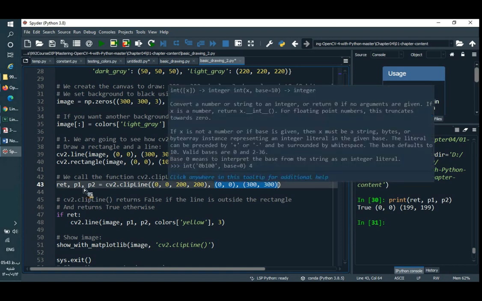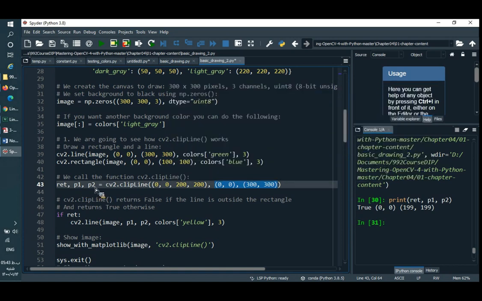If it is so, then the red will be true, and P1 and P2 show the segment of the line that will be inside the rectangle. If the red is false, it means that no part of this line from 0, 0 to 300, 300 is inside this rectangle. Okay,